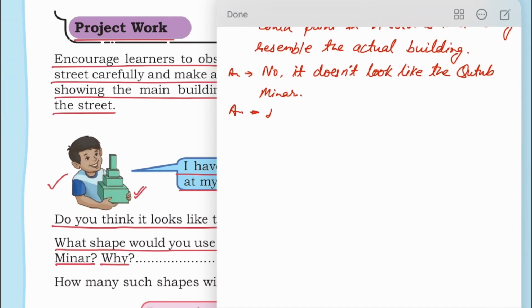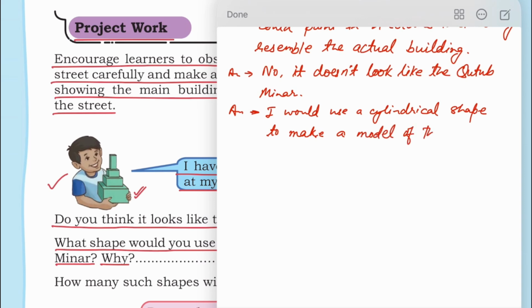Answer is: I would use a cylindrical shape to make a model of the Qutub Minar